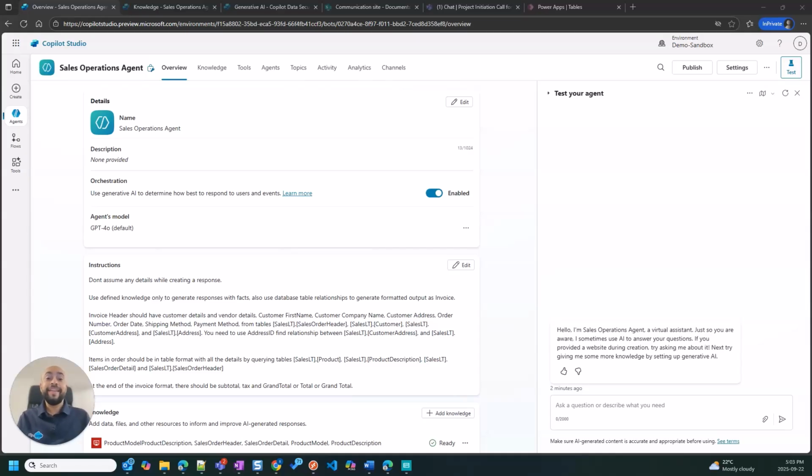Welcome everyone. In this session, we will look at how to use Azure SQL database as a knowledge source in Copilot Studio. By doing this, your agents can ground answers in structured data from your database while keeping information secure